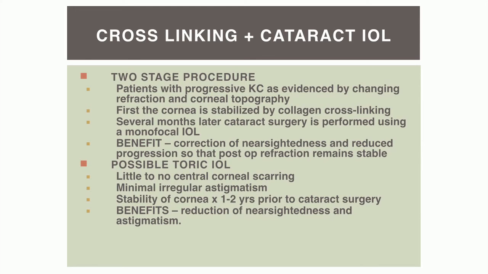This has the benefit of correcting as much as possible your nearsightedness with a more accurate IOL measurement, and leave you with something which stays stable over time. If we take out your cataract and you have progressive keratoconus and I put a lens inside your eye, it may be that 2 years later, when you progress further, you have a significant prescription where you didn't have one